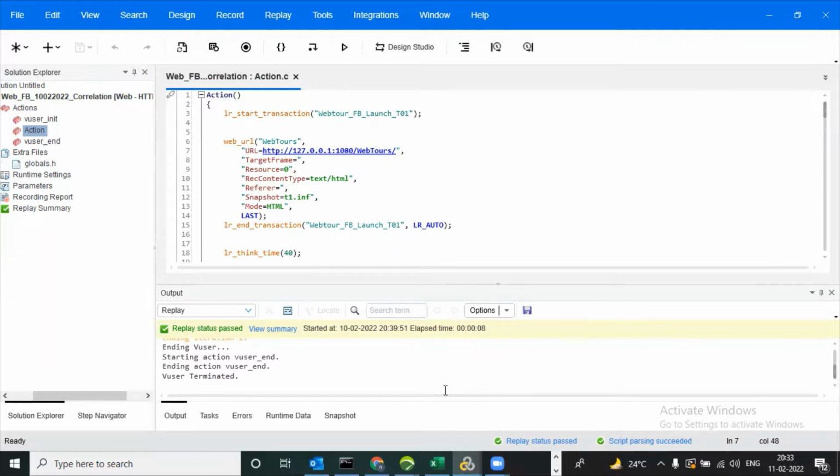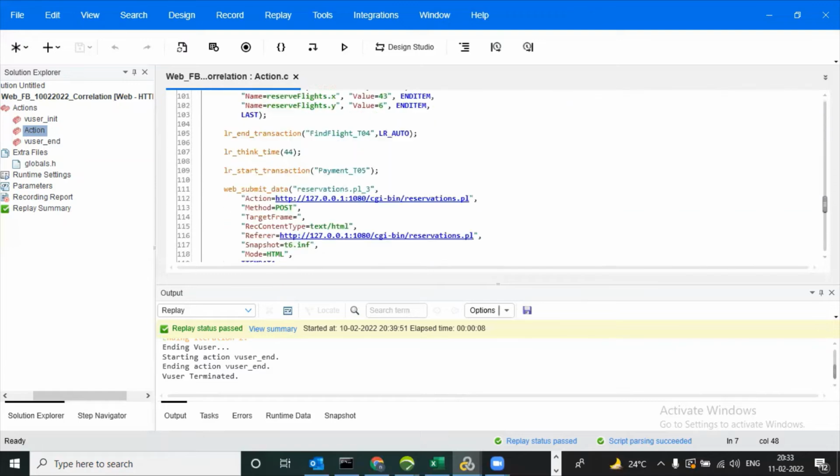What will happen when we give random? It will randomly choose a number. For example, if it's 60 to 90 seconds, it will randomly choose within that.